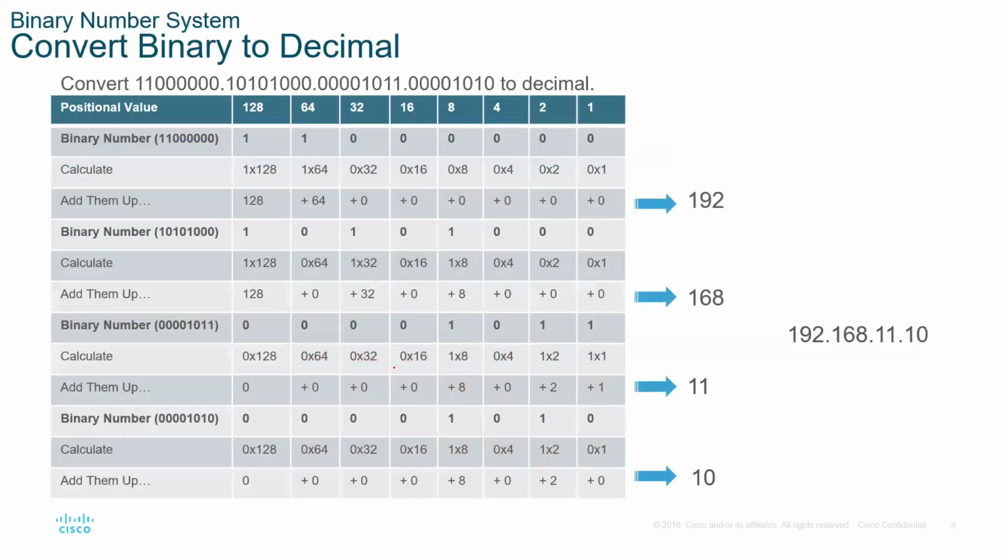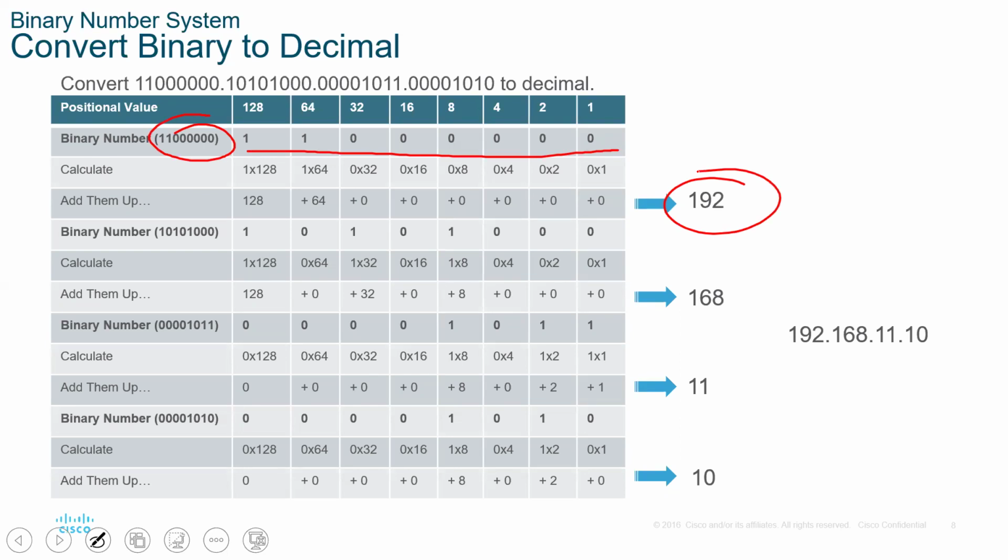So, for instance, let me do another example. We have done this one. We have just represented it this way and we got 192. Let's do another one. Let's have another binary value. You see this is that binary value. Remember I said this value is constant. You just put it in form of a table. So I have this value